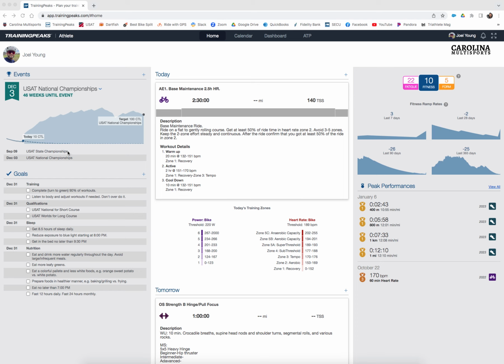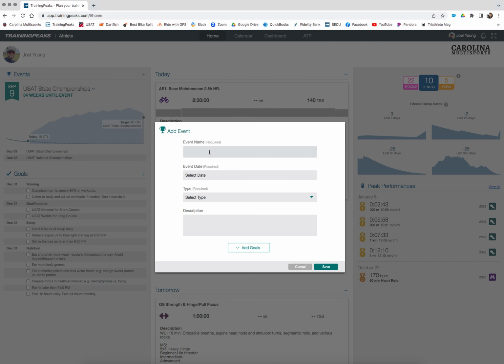As you can see here, I have 2 races planned, and the current focus is the last race of the year. You can use this little drop down arrow here to choose which race you want to focus on though. So as an example, as opposed to the race in December, if I want this graph here to focus on my first race of the year, I can choose it, and it'll only show the projected training plan fitness here to that first race.